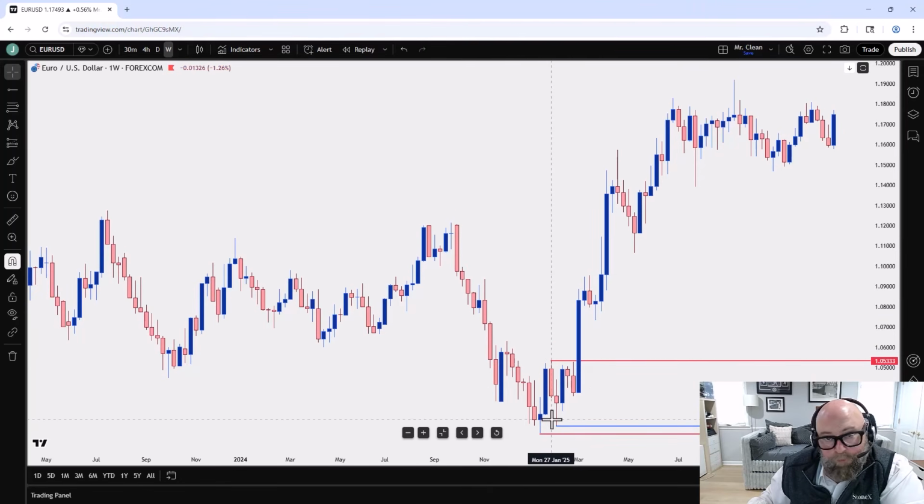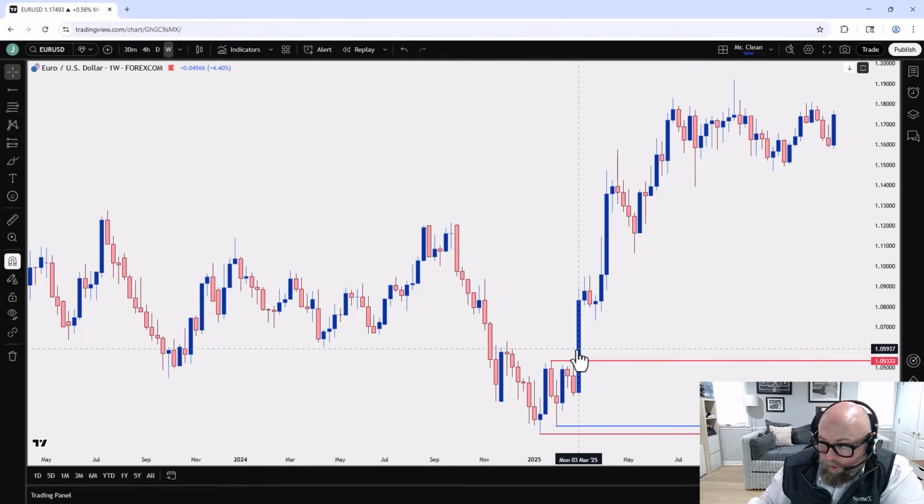That could be the first step towards reversal, but we can't confirm that until we get the higher high right in here. Once we get the higher high, then we have a higher low confirmed. Now we got the breakout. And now we want to be biasing this on the long side.